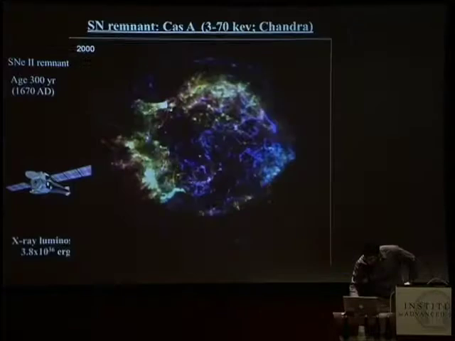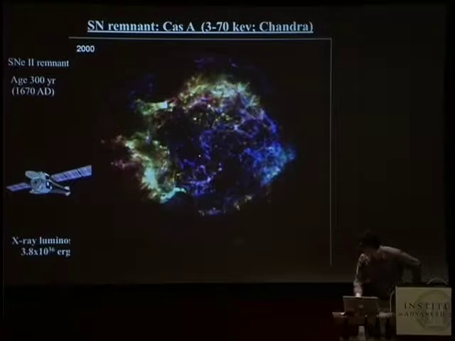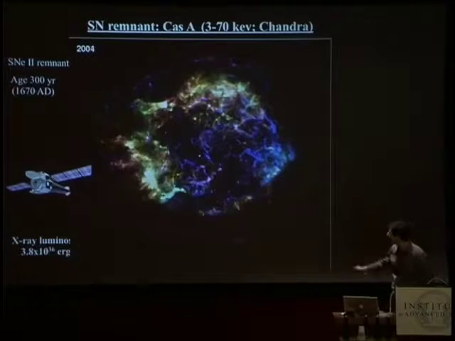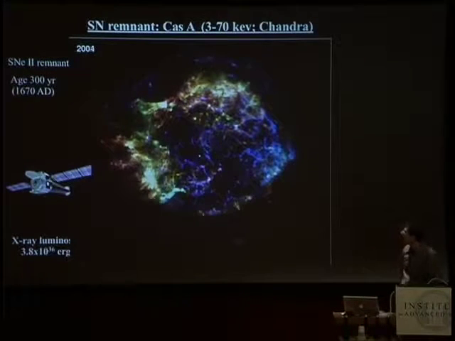So here is an example of the supernova remnant Cassiopeia A. This is, I think, a 7-year movie, and you can see here these thin rims surrounding this supernova remnant, and this emission is synchrotron, and so